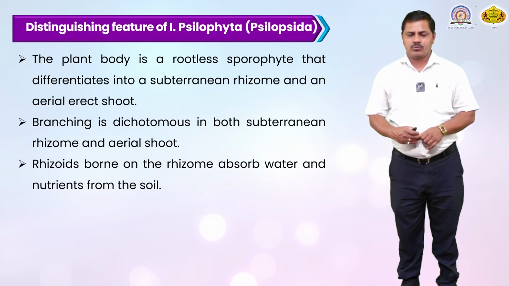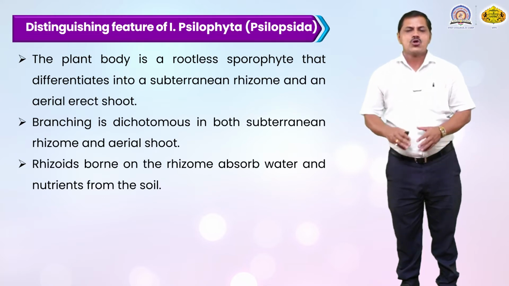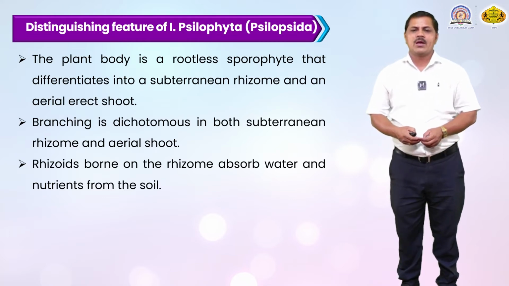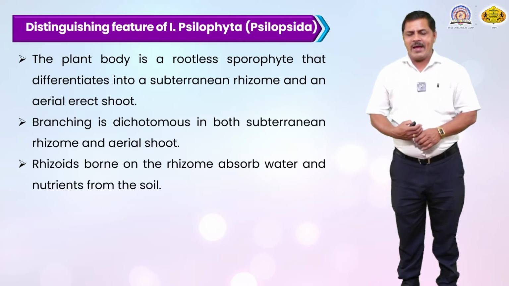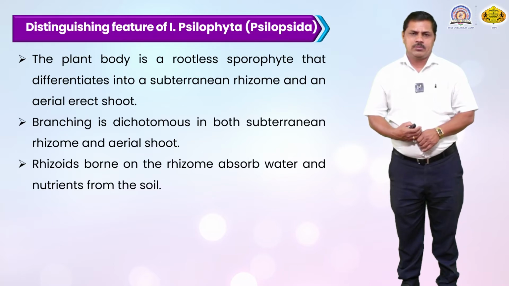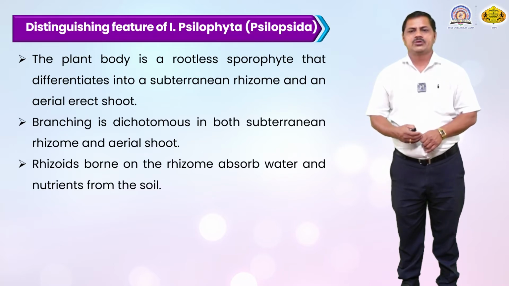Means the roots are absent, rootless. There is a formation of rhizome, a tuber-like structure, that they can develop, by the irregular shoot. Branching is dichotomous. In each of these plants, the branching of the Psilopsida is dichotomous, both in the subterranean rhizome and